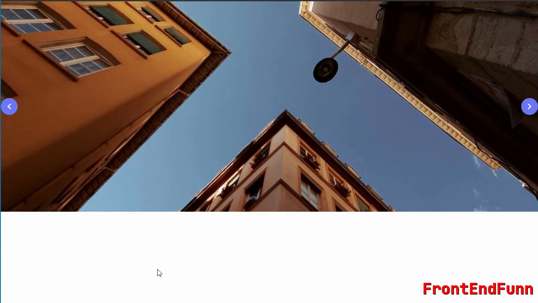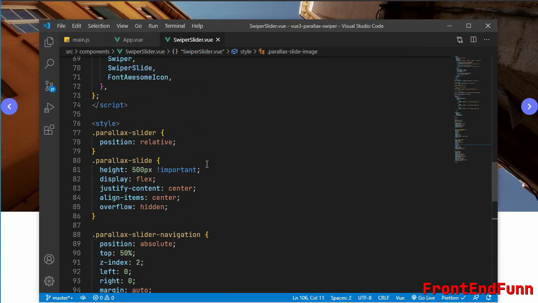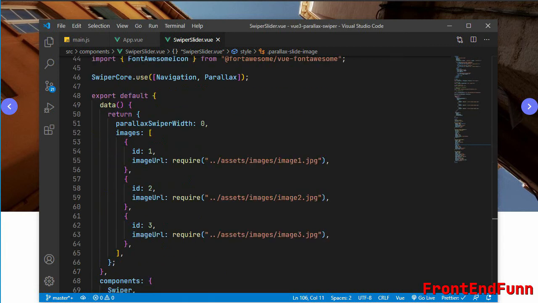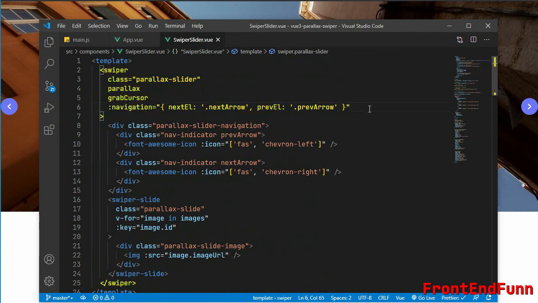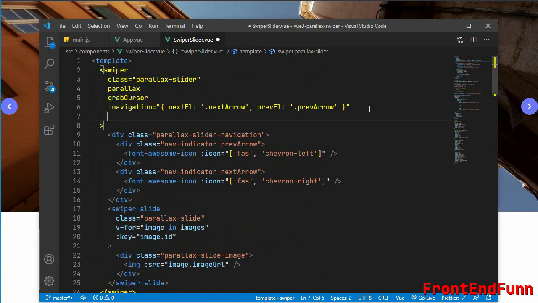Okay, now to add the parallax effect, we need to first register an event, that is a swiper event, and we need to call on swiper initialized. Okay, so we need to write this method. So I'll just copy this